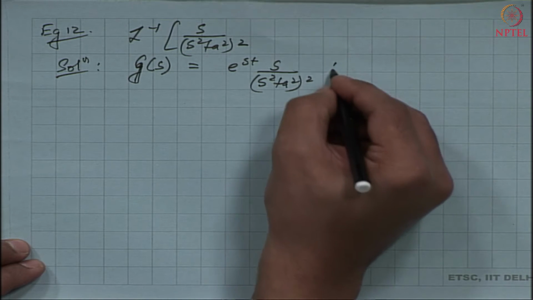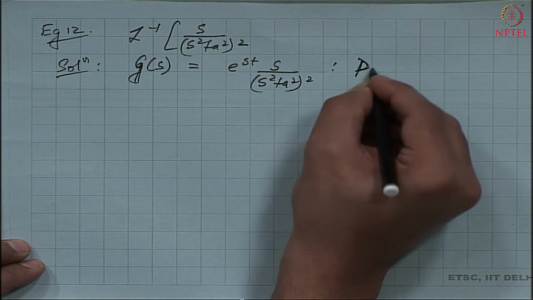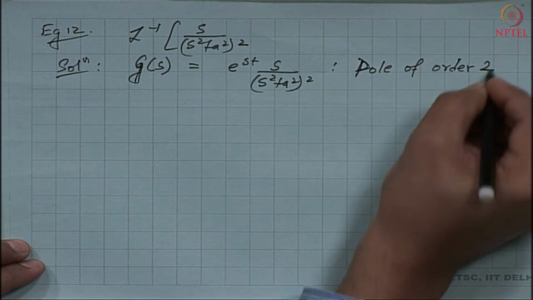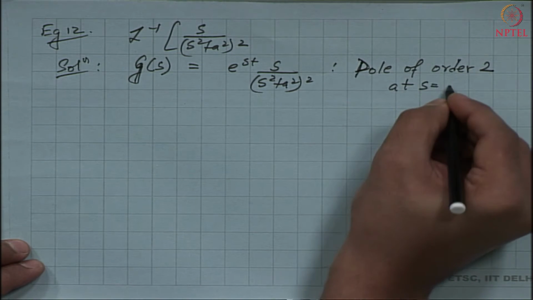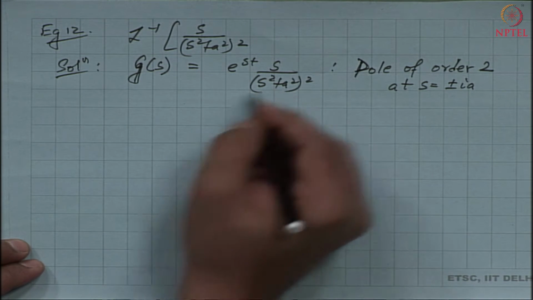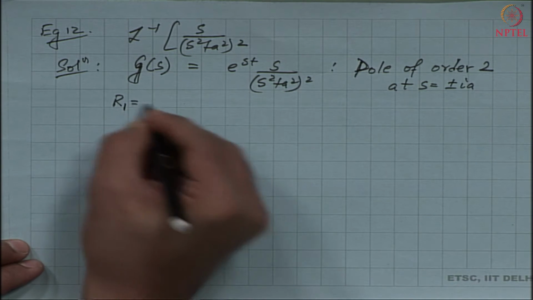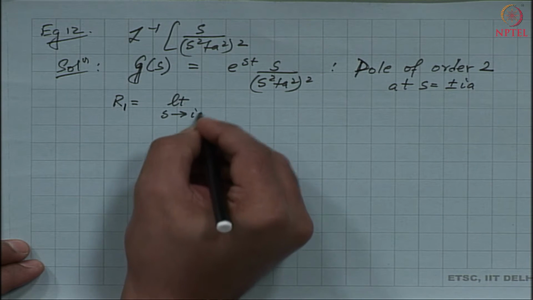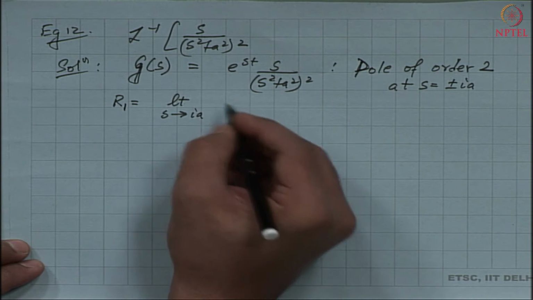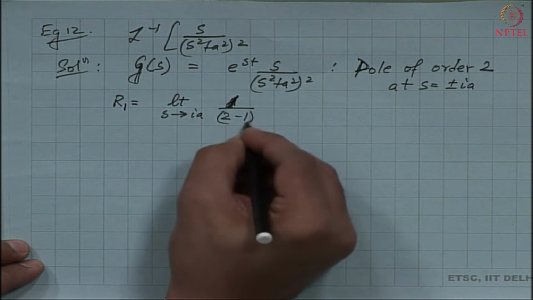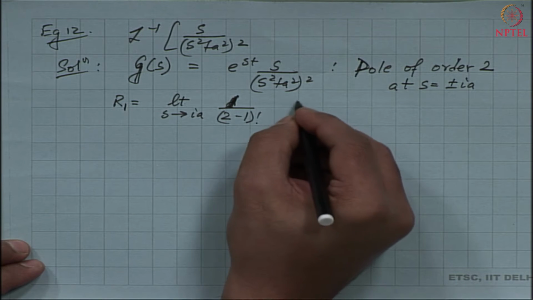Notice that G has a pole of order 2 at s equal to plus minus i a. So, these are poles of order 2. Then if I were to evaluate the residue, it becomes the limit s going to plus i a of d d s. So, 1 by 2 minus 1 factorial, which is 1 factorial,